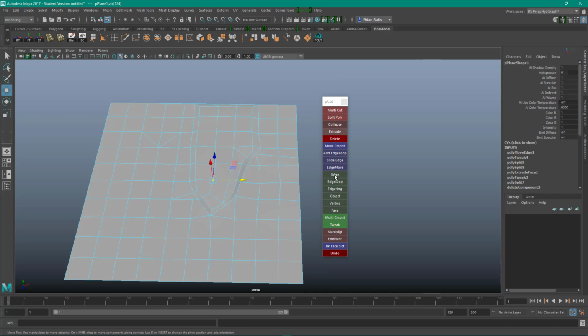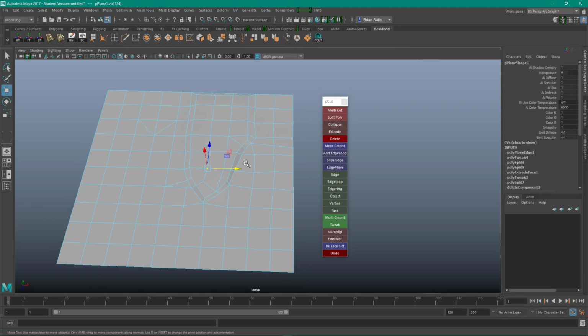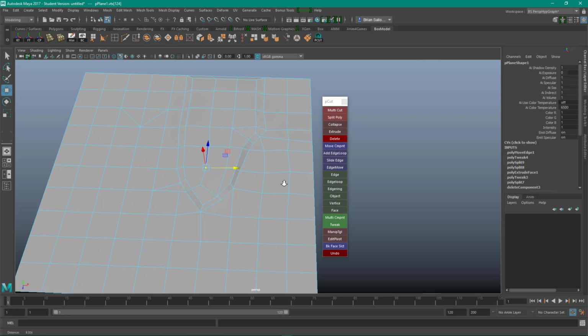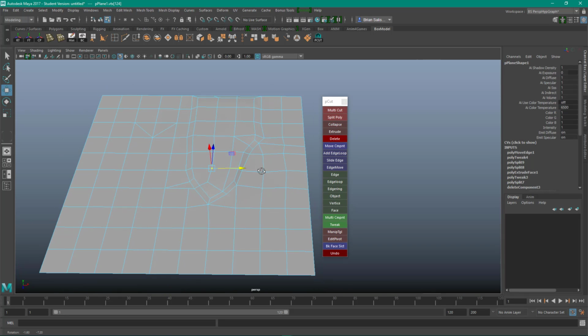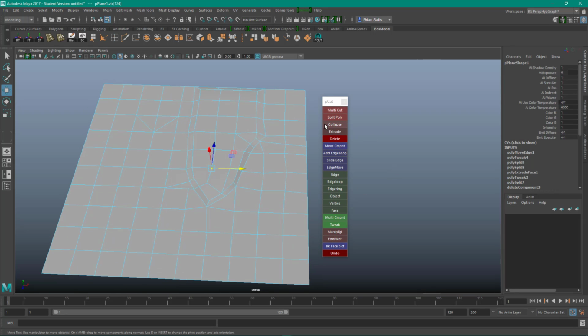Yeah, so those are really the tools. I use these tools 90% of the time, 95%, and anything else I need, I just go up to the menus. So that's kind of my methodology of cutting and collapsing and fixing non-quad geometry. Something else I should also note though is when I'm doing